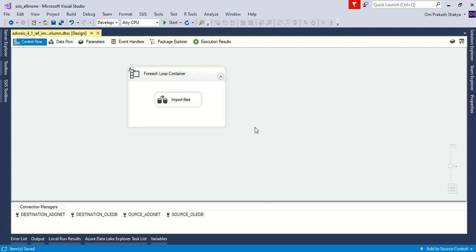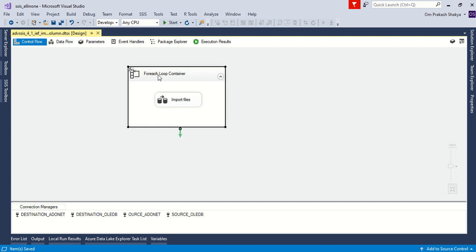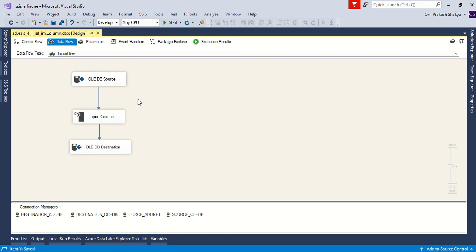We have already created the package. Here we have the for each loop container, and inside this we have the data flow task where we have written the logic to import the file. We will read the file path with the OLEDB source, and will use the import column transformation to convert it into binary and then load into the table. So for that we have to configure